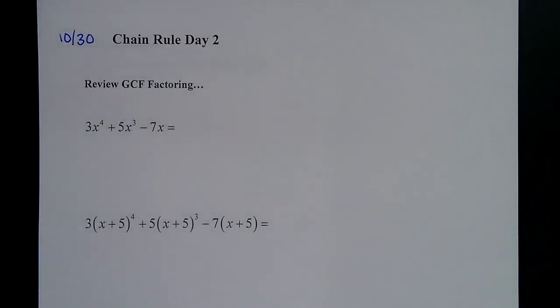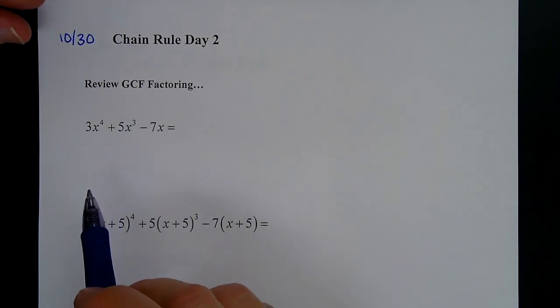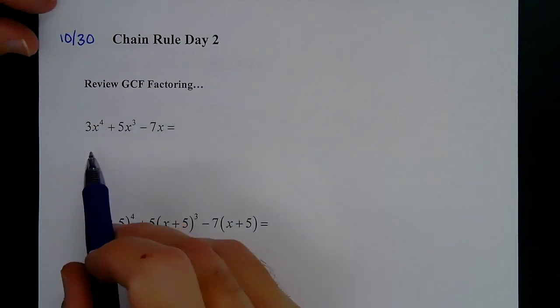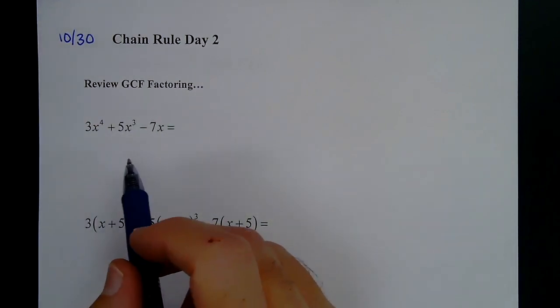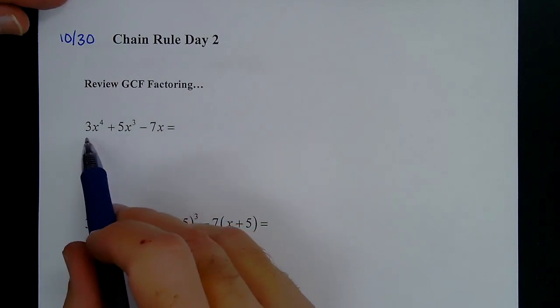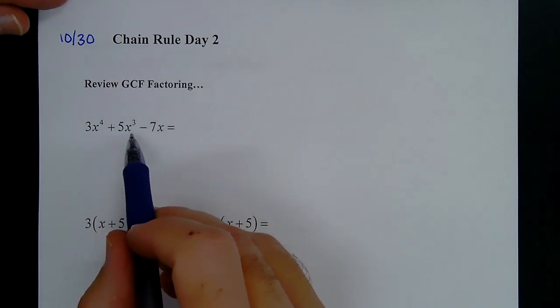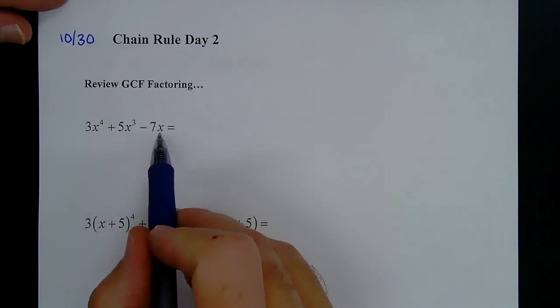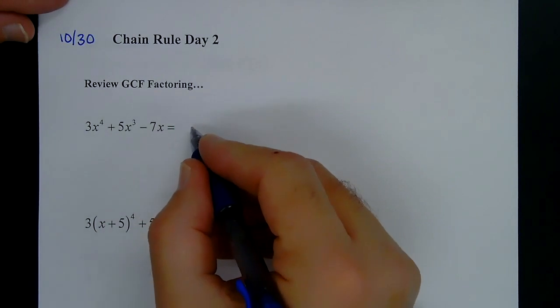So today what we're going to be looking at is more of the chain rule, but today we're going to also need to factor out a common factor. So looking at from last year and from Math 2, looking at this problem, factoring out the GCF: 3x to the fourth plus 5x cubed minus 7x. Of all these three terms, we can factor out this x. So we factor that x out,